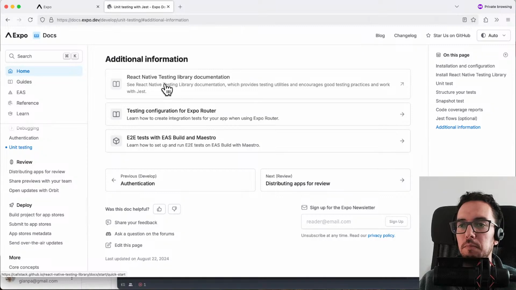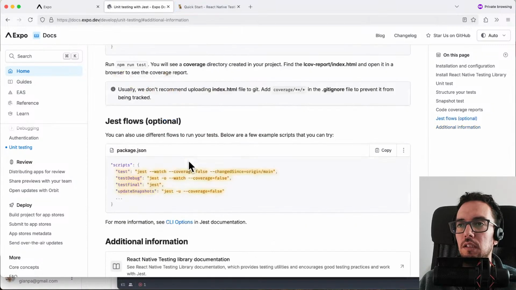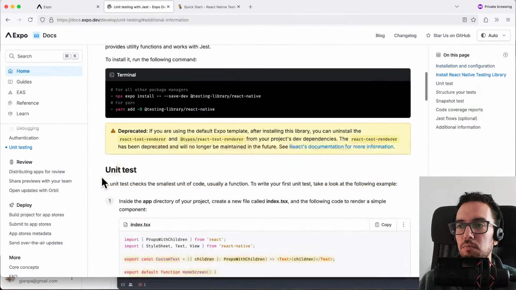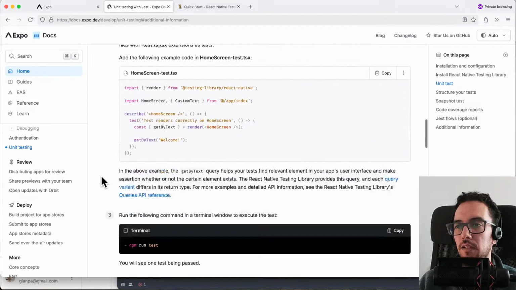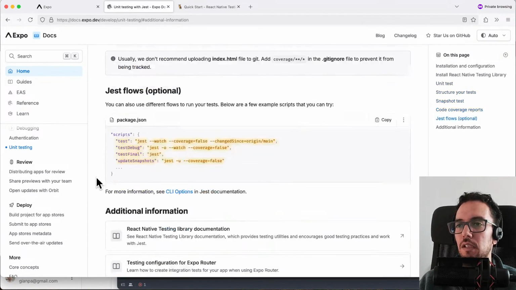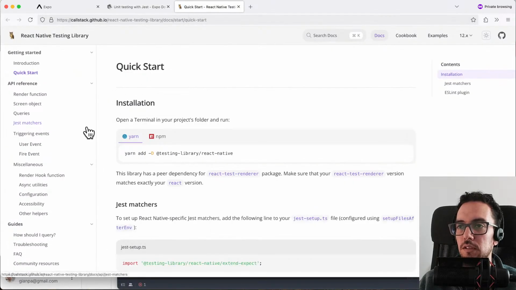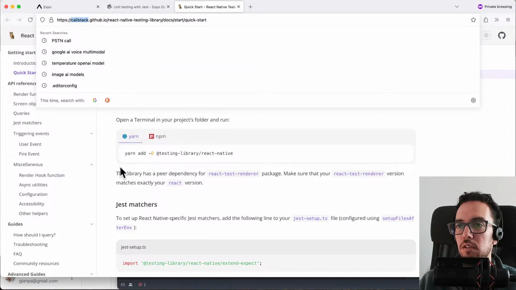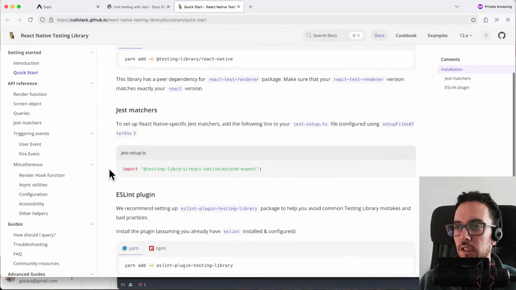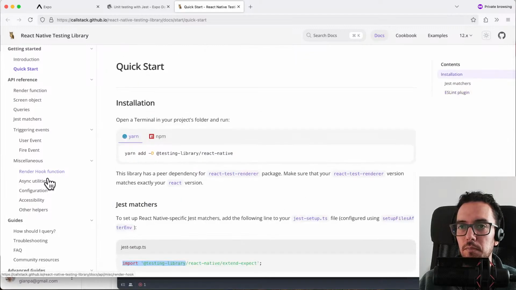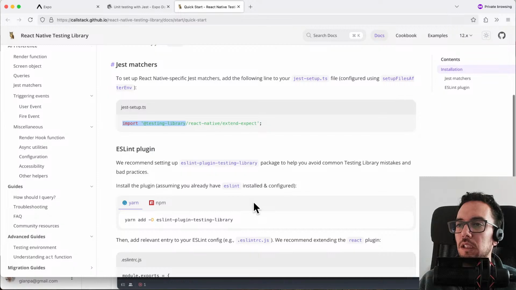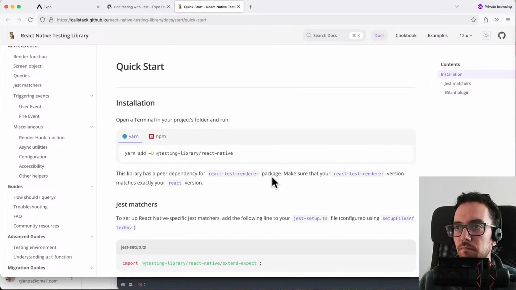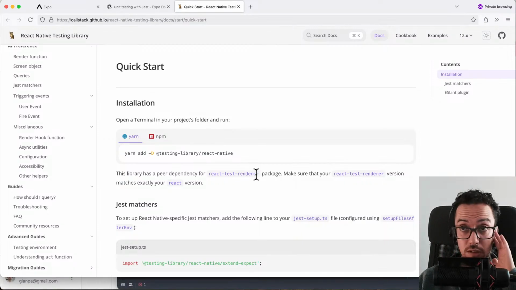Unit testing is a different type of testing, but allows you to run and test JavaScript things. Maybe if you have some more complex JavaScript functions, or no, just any kind of functions you want to test the output, you can run that. The testing library from CallStack is very good in general, both for React Native and other kind of React testing. So it's definitely good to learn this because you can learn how to make tests in different platforms. And I believe these tests the render,